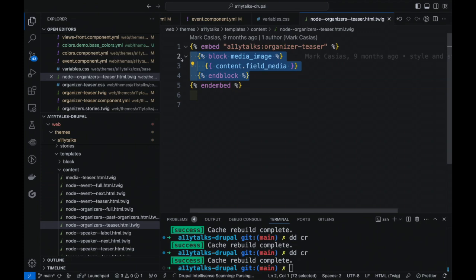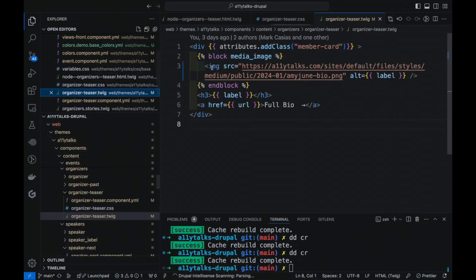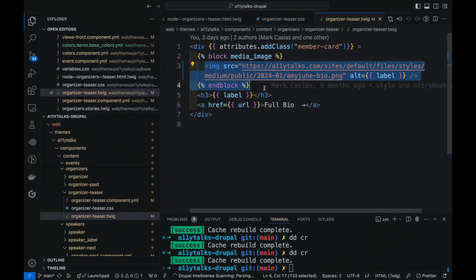But since I'm using the slots or blocks, slots, same word. I don't know why they couldn't just use the same word, but okay. Since I'm using that slot, that actually renders through the Twig rendering engine. So the image in the teaser Twig is just there so I can throw a story in there without having to pass an image each time.